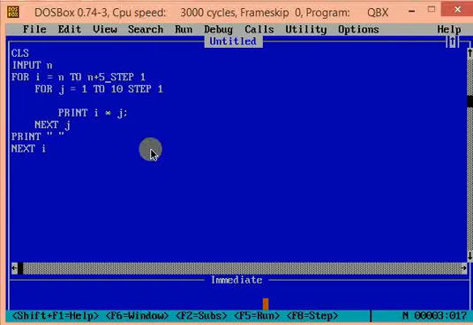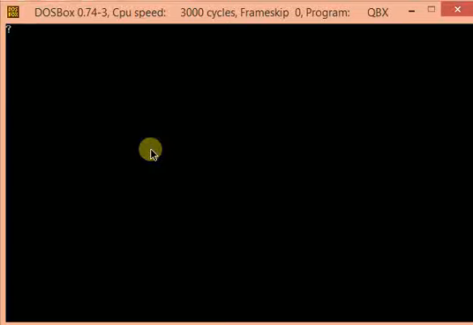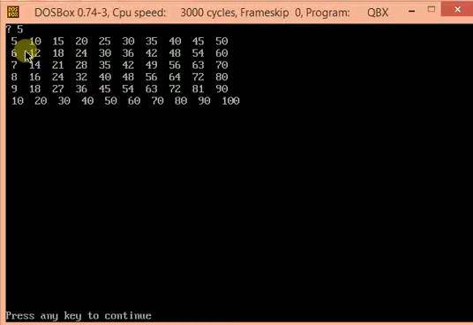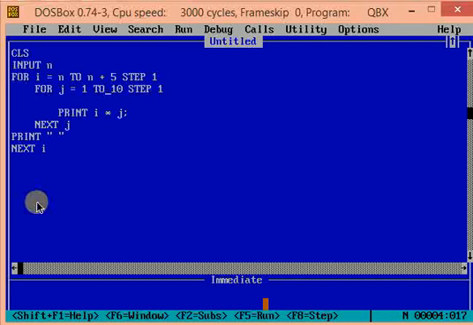Let's run the program now. I am giving the input as 5. You can see that the table is printing the multiples of 5 to 10. This is because n was 5 and for I ran from I is equal to 5 to I is equal to 10. Let's see a few more things you can do with the loop.